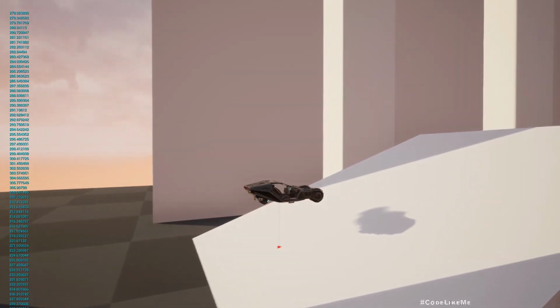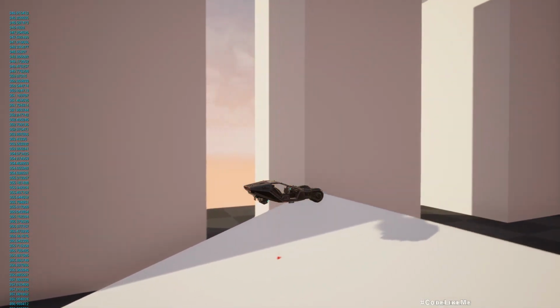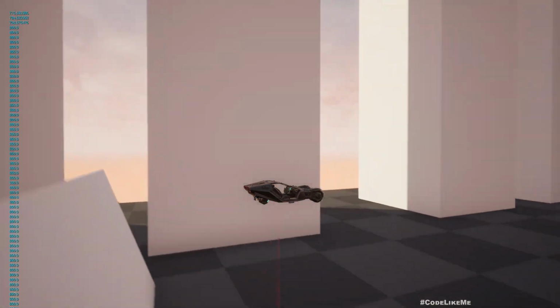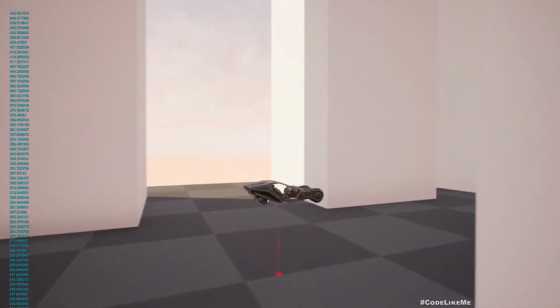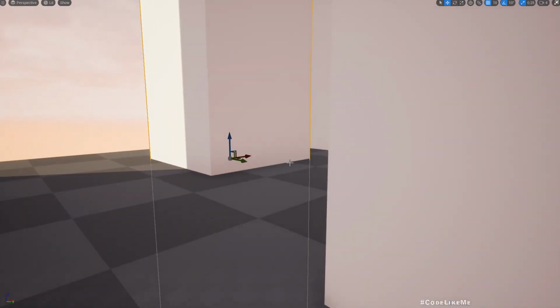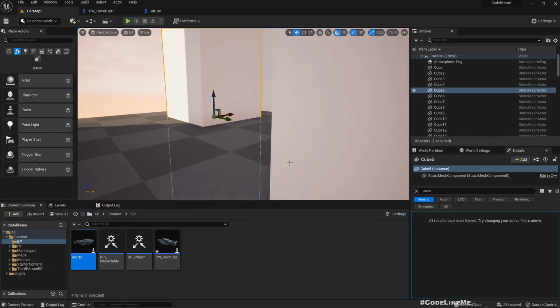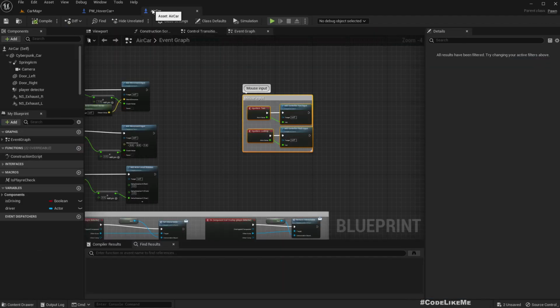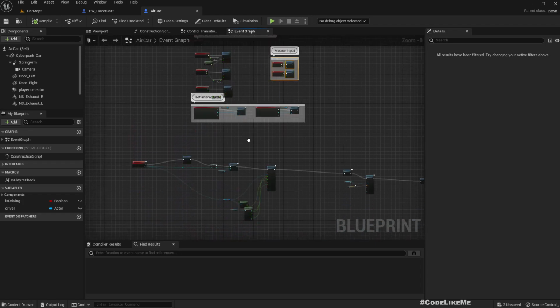So that's why I am not trying to do anything like limiting the movement or changing the velocities through the code or anything. I only want to use forces. That's the reason. Okay, so to turn right and left,